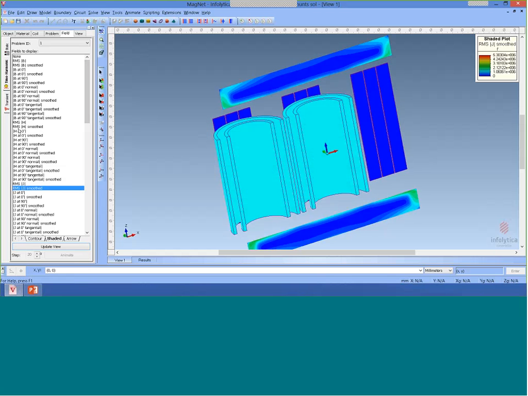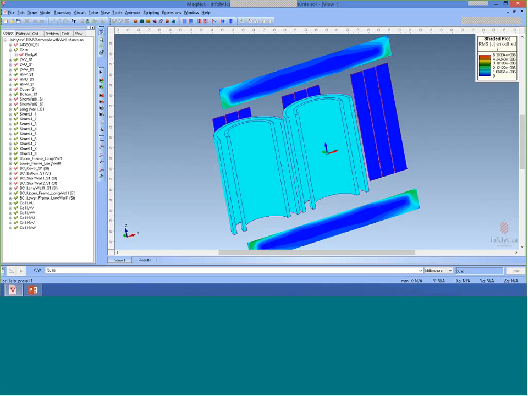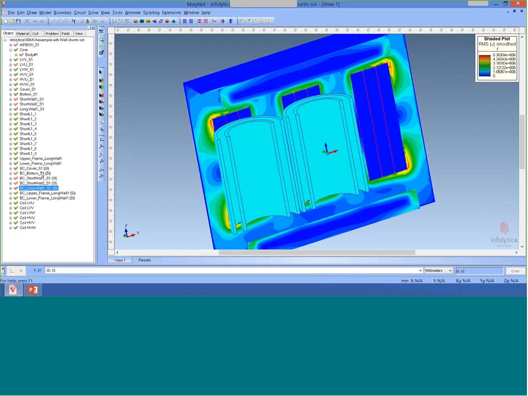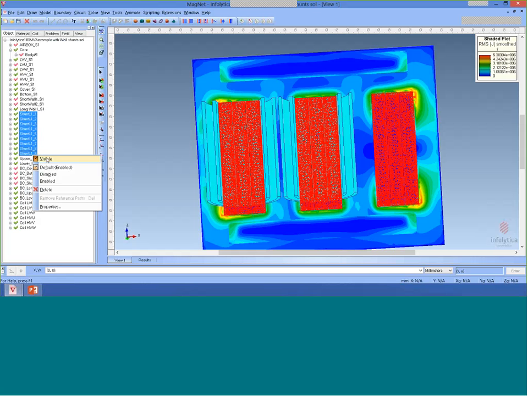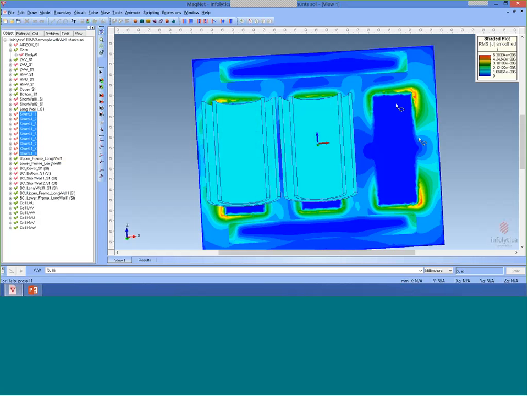We can also, let me just bring back the back wall here. So, oops, that's not the one. There we go. And you can see what happens here with the shunts and the distribution in the back. Let me just get rid of those shunts so that we get a better view of what's in the background. And you can see how the shunts are actually